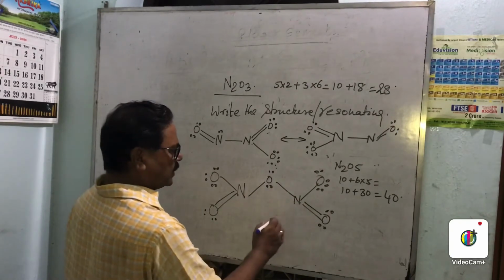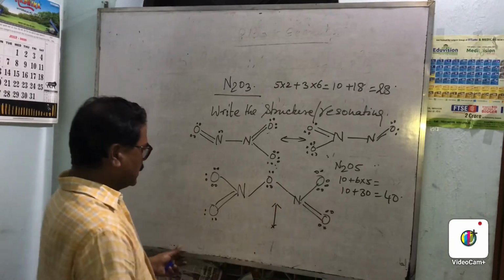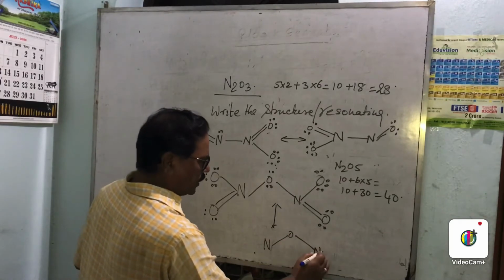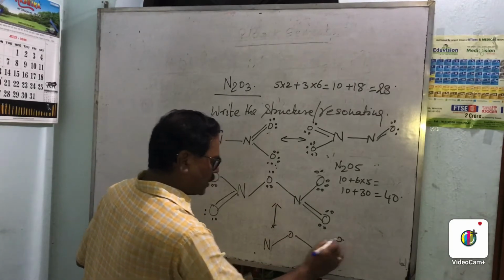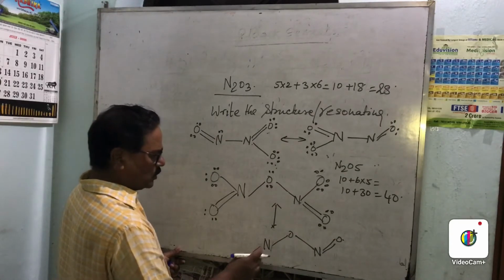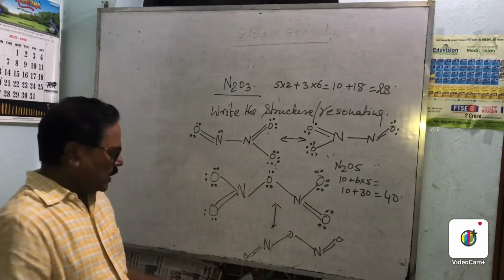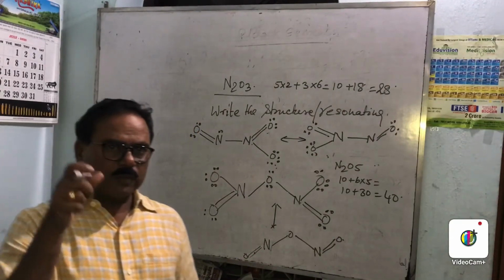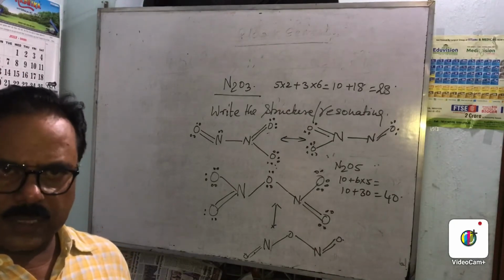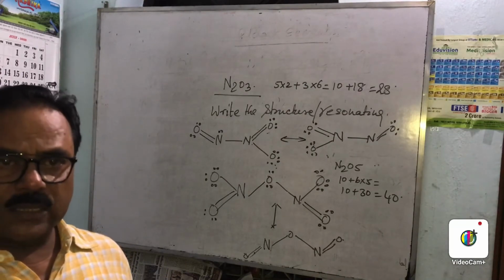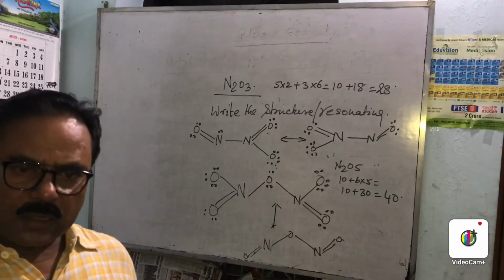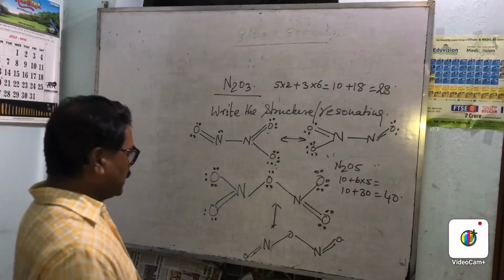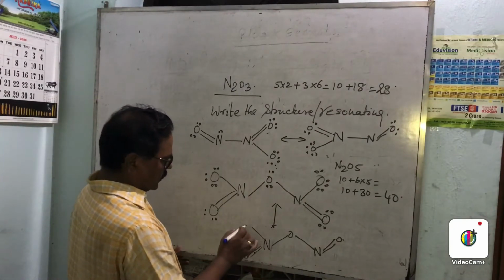And what is its resonating structure? Due to lack of space on that side, we can write it here. When you practice, then you can write the structure directly in the examination. These are on the same side. Now this O will come to this side. So this is one of the resonating structures. The number of atoms present in the molecule will remain the same, the number of electrons present in the molecule will remain the same, and the atoms which are attached will remain the same. This is the basic funda to write this.